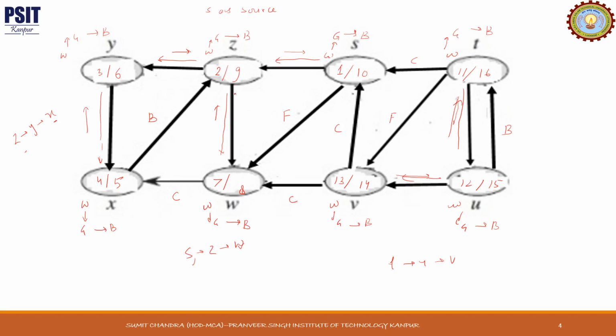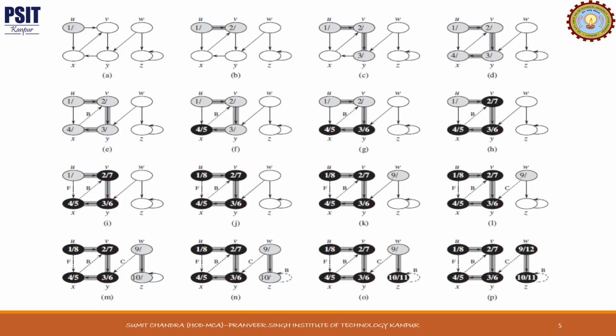Okay. So step by step we can see this. This example I have taken from Cormen. Suppose we have taken a source vertex, so color is gray, start time is 1. Then we move to V, this path we have chosen, color is gray, value is 2. Then from V we have moved to Y, so color gray, start time is 3. Then from Y we have moved to X, so color is gray, start time is 4. From X we cannot go anywhere, so X will become black and finish time will be allocated here.